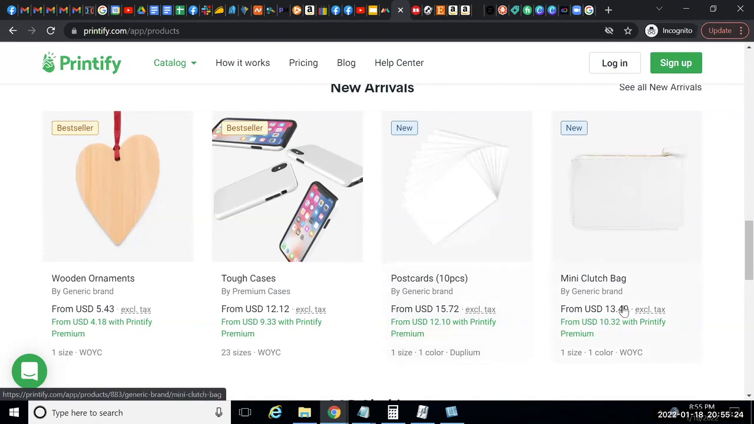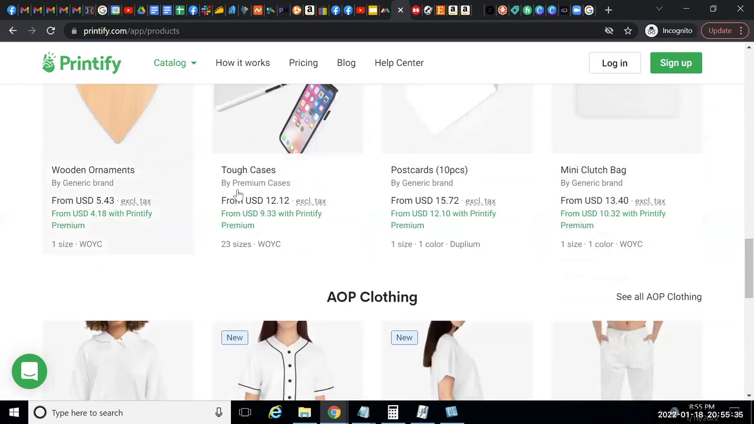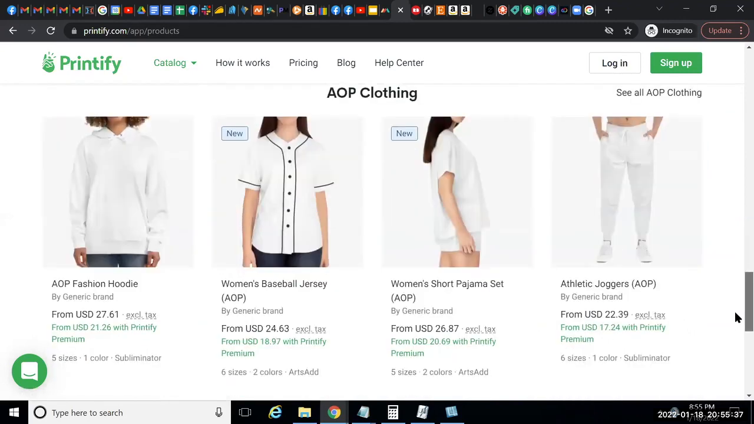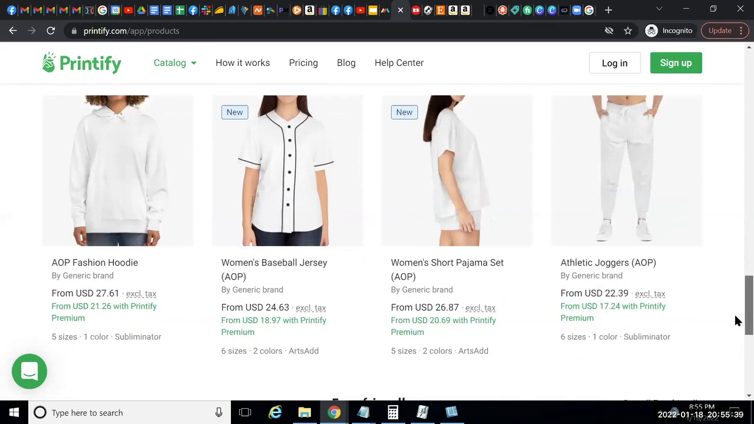Again, postcards, clutch bag. What if you had a print on demand design? What if you are an amazing artist and you put a design that you made on a clutch bag? How cool would that be? Wooden ornaments. And they don't necessarily have to be ornaments. Like you can just,